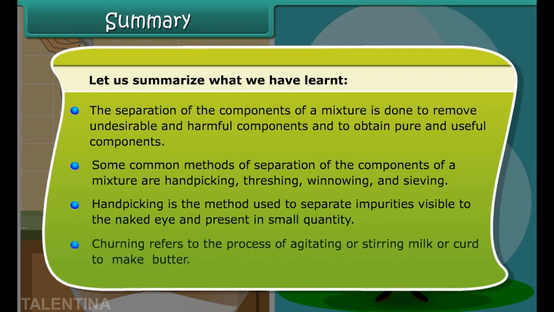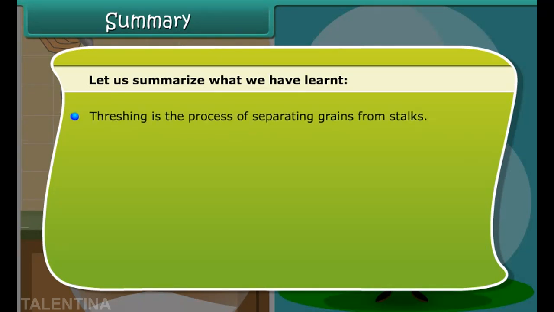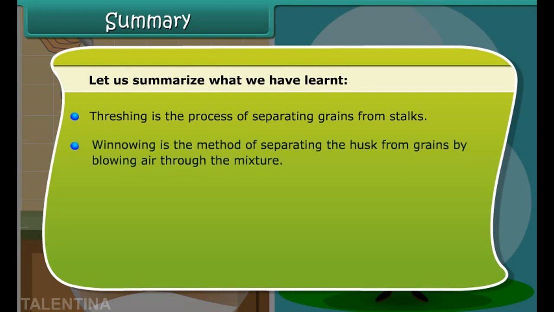Churning refers to the process of agitating or stirring milk or curd to make butter. Threshing is the process of separating grains from stalks. Winnowing is the method of separating the husk from grains by allowing air through the mixture. Sieving is